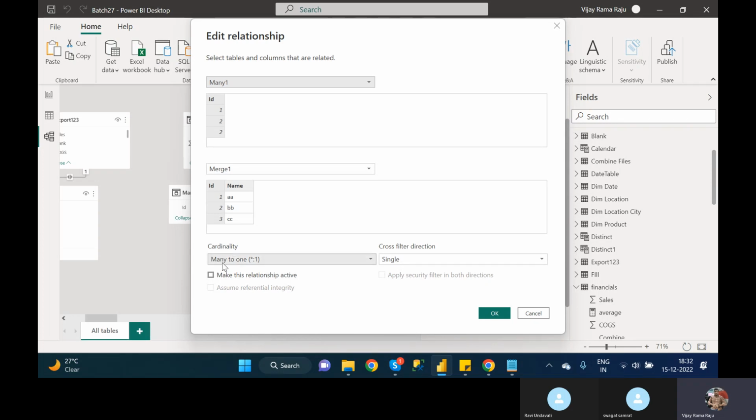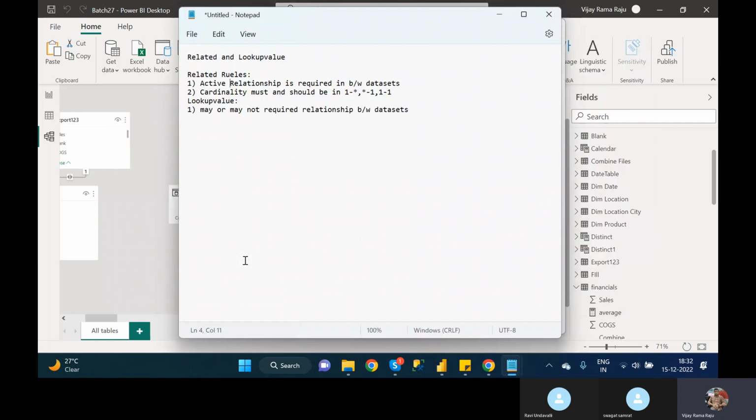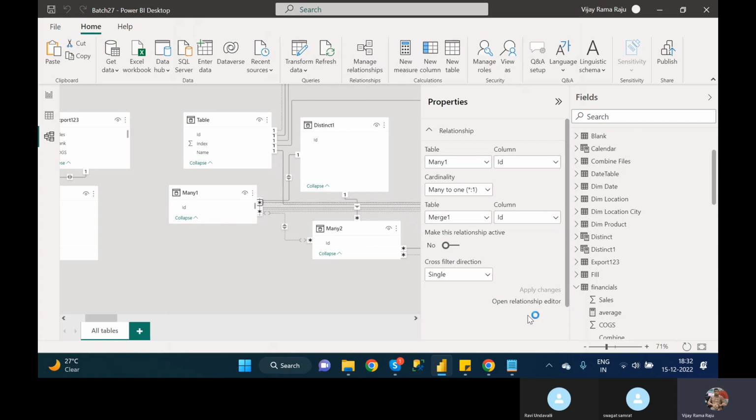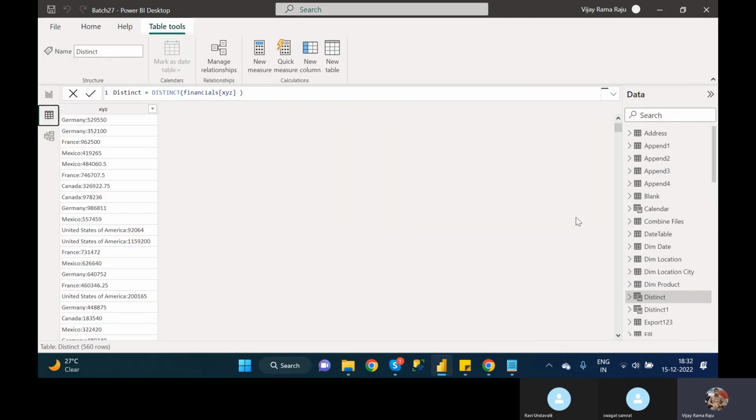In the cardinality, see here, what type of cardinality do we need to choose: one to many, many to one, or one to one. See here, the cardinality is many to one. That means it will satisfy. So between these two data sets, we can apply the related function. Suppose, for example, in many